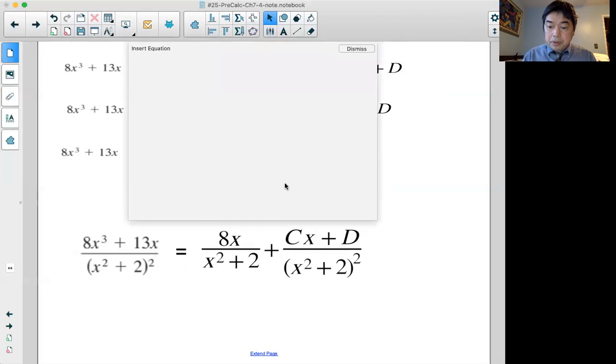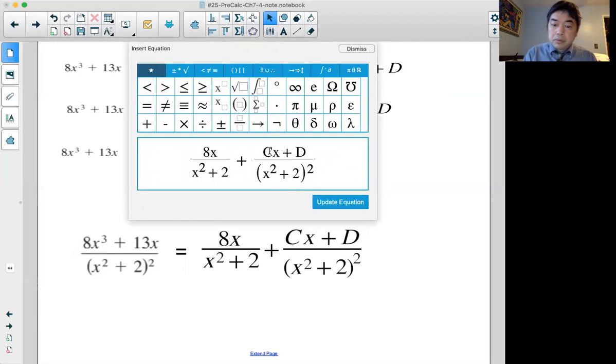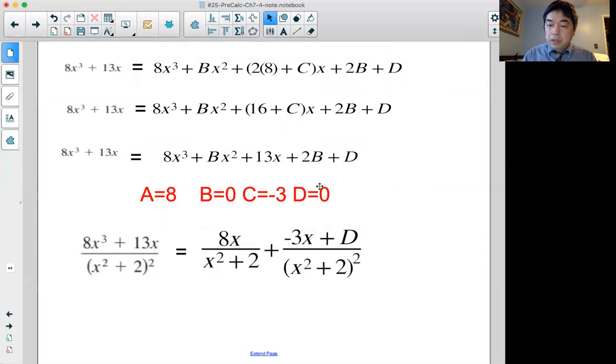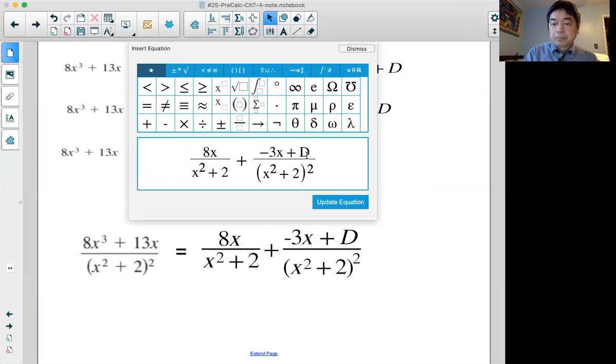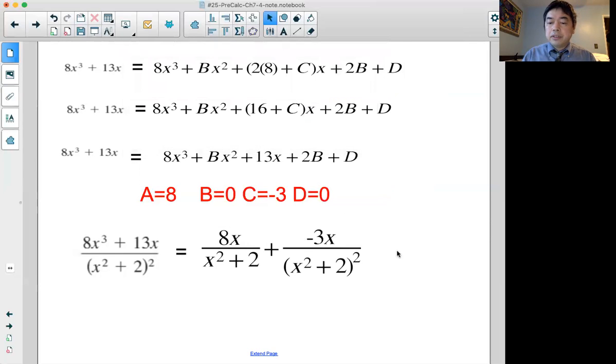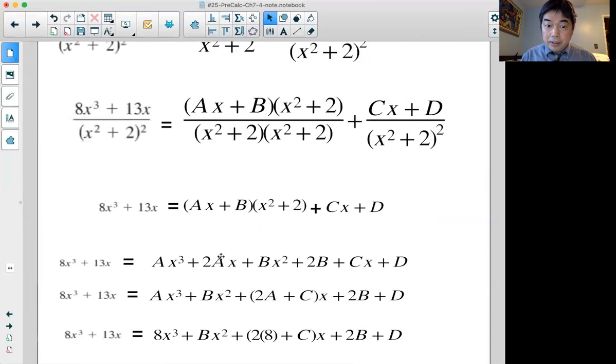So d equals 0. So you don't have to write anything here. This is the expression. That's the end of the chapter. Oh no, it's not the end yet. So this is the end of